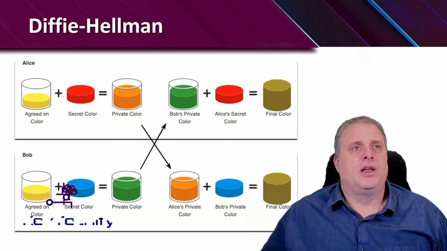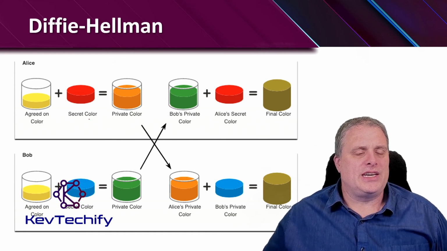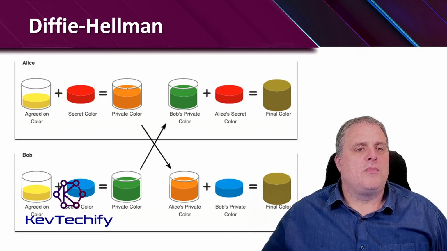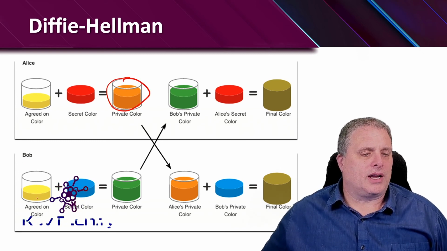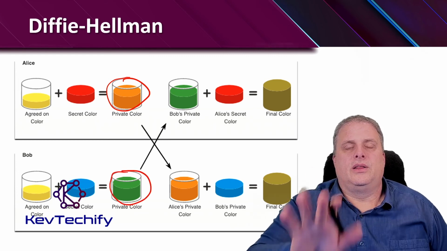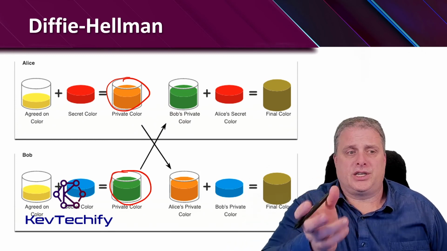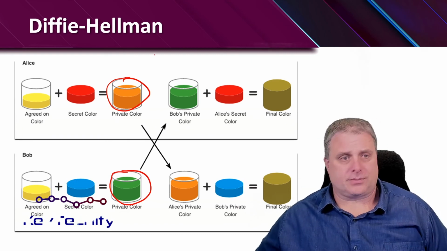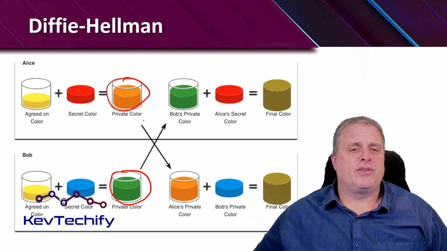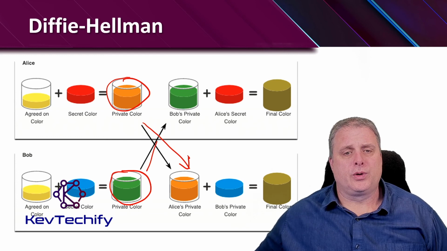When they choose them, they're going to mix these colors together. They're going to mix the agreed upon color with their secret color. So Alice is going to take the yellow and red, mix it, and they're going to get orange here. Bob is going to take the yellow, the agreed upon color, and his secret color of blue, and they're going to get green here. Then Alice and Bob will send each other the combination of their agreed upon color and their secret color. So Alice sends the color orange to Bob, and Bob sends the color green